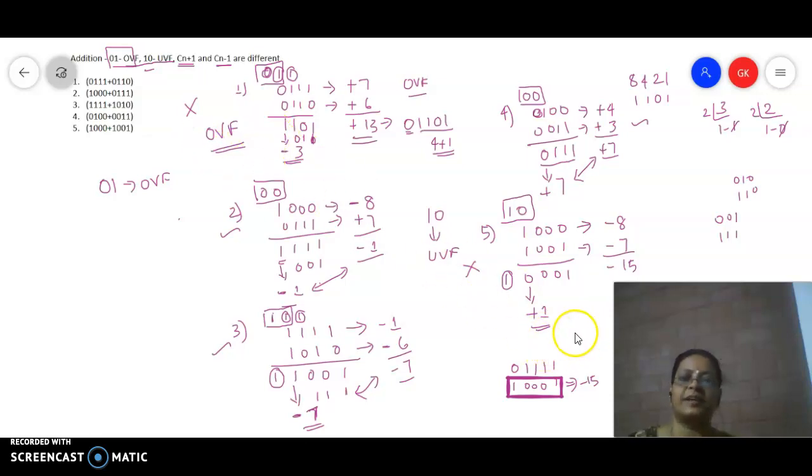So to detect the overflow and underflow condition, we have to examine the MSB. If the input carry to this MSB and the output carry from this MSB are different, it is going to end up in overflow or underflow. If the pattern is 1 0, it is an indication for underflow. If the pattern is 0 1, it is an indication for overflow. So this completes the discussion of the addition process.